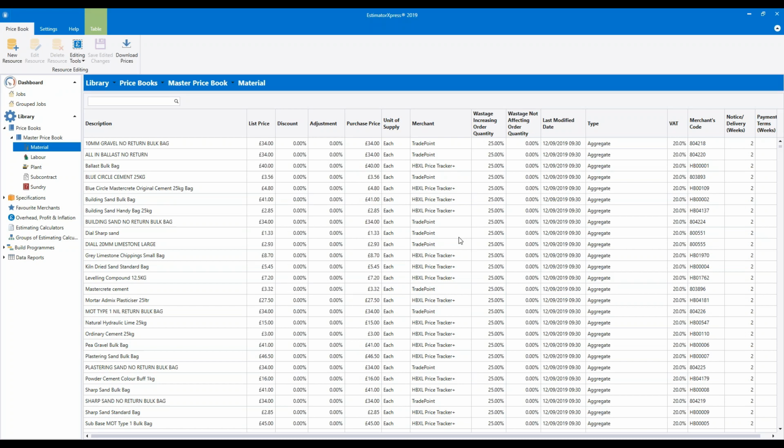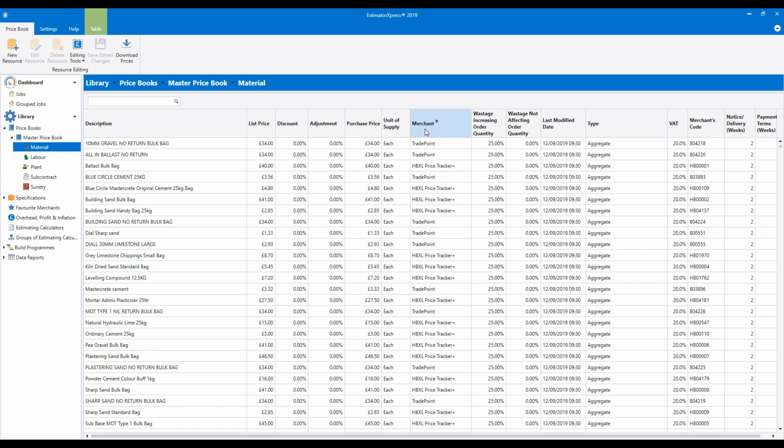So the first thing I want to show you is how you can practice filtering the materials by the different suppliers. Now some of you may only have HPXL price tracker resources, materials, but some of you will have other merchants whose terms we can download, so merchants such as Travis Perkins, Keyline and TradePoint.